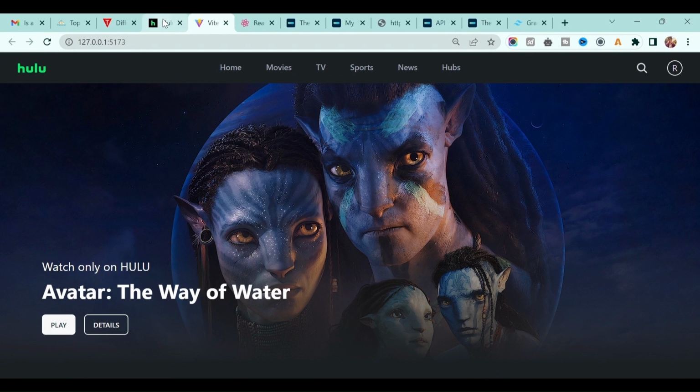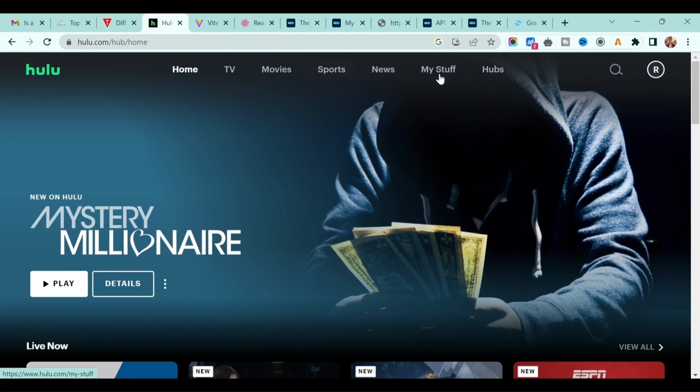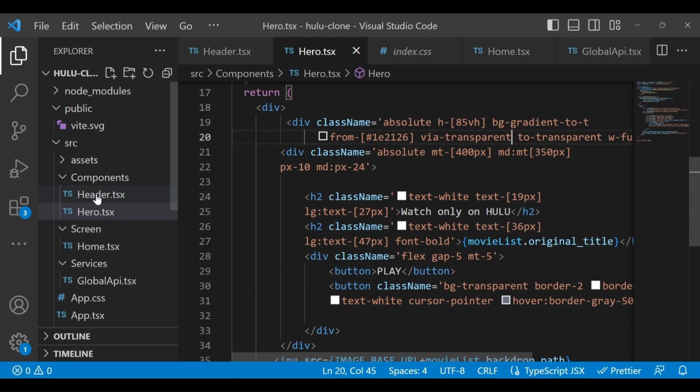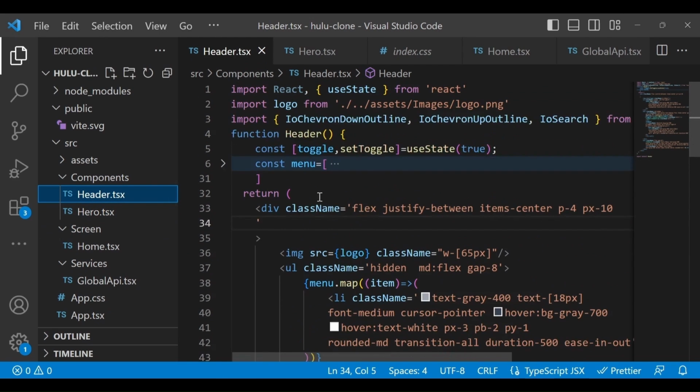Now next thing, if you observe, this header is also transparent. Okay, and this image is showing through it, and it also has a gradient effect. So let's do that one. Let's go back to our code and the header section. We have this header here, and you have to apply some classes.